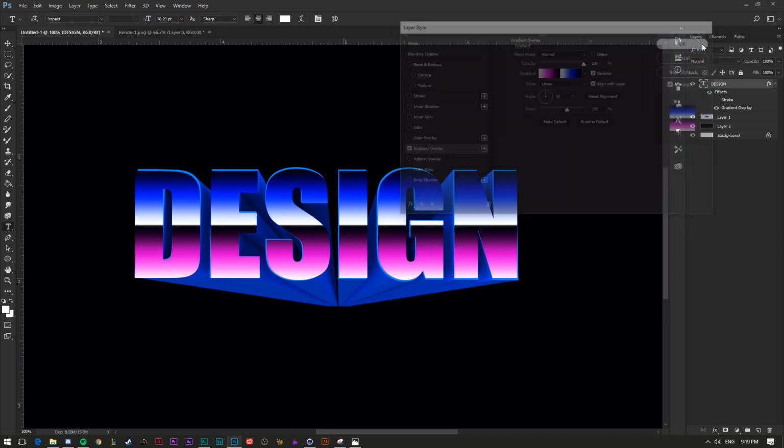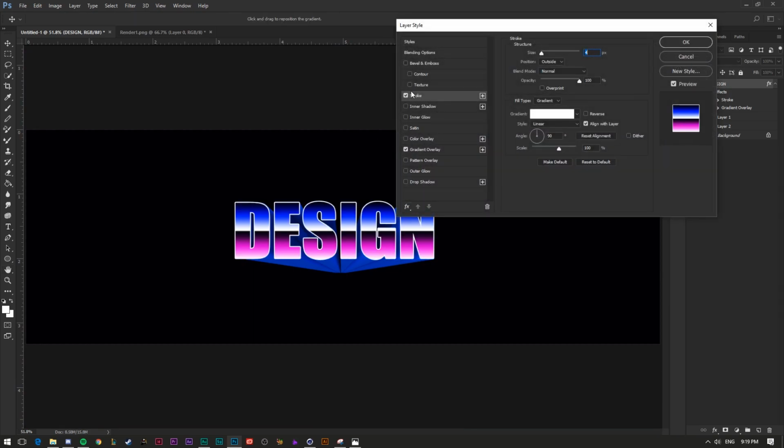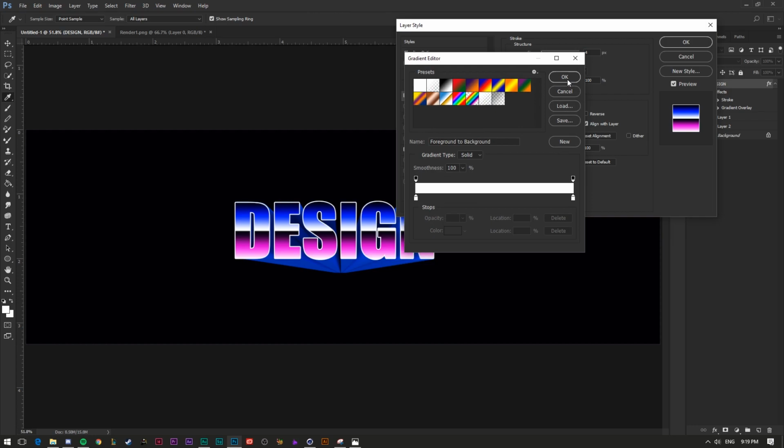Right, so we got a really funky little layer style going on right now. Then we're going to go back into the stroke, and it's going to be white. We're going to want the same type of gradient, but a little bit different. So we're going to go to the preset ones again, and it's just going to be a really simple gradient. So it's going to be